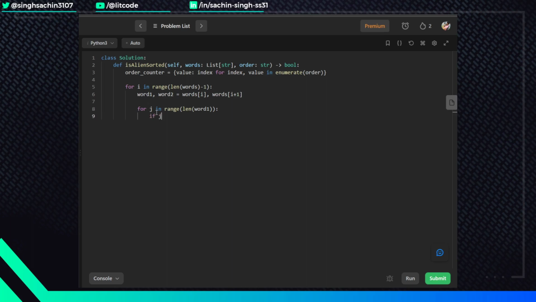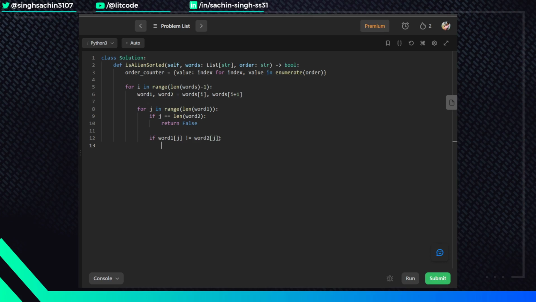And if j is equal to the length of word two, then I want to return false. Similarly, if the character at the jth index of word one is not equal to the character at the jth index of word two,